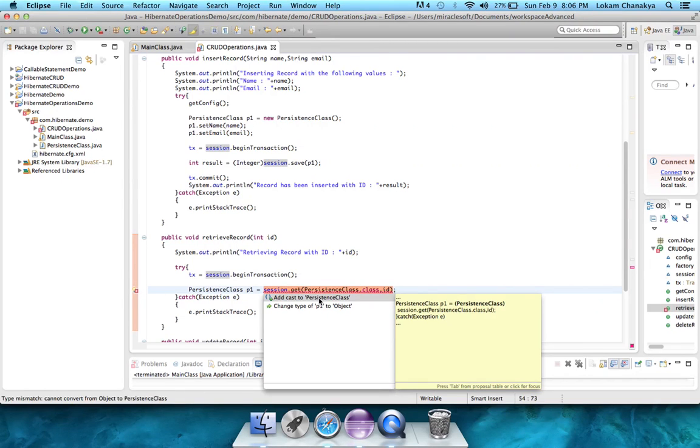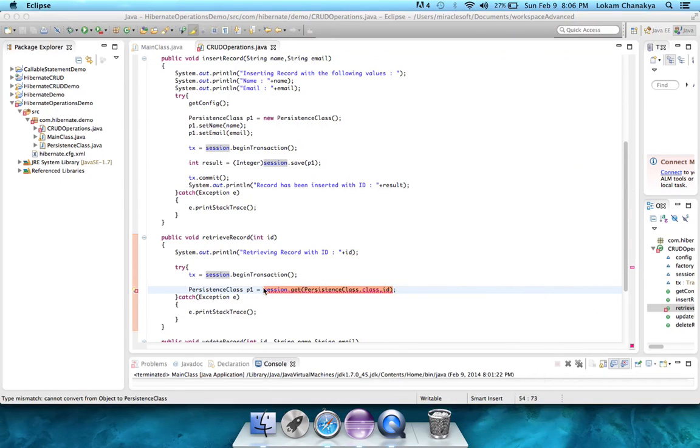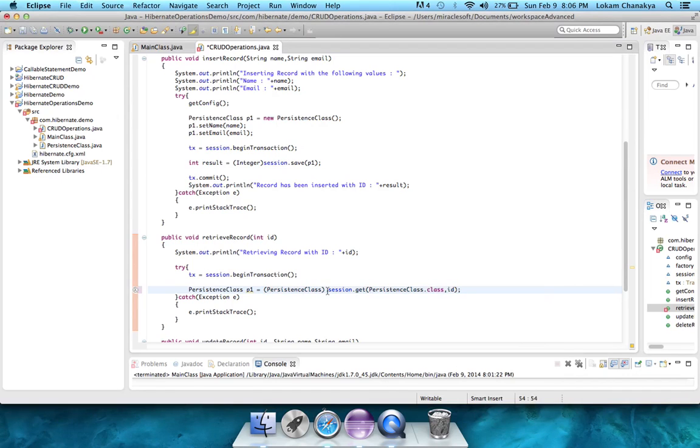so that it is a persistence class object. So just double click on this, and the cast should be added right over here, just like that. So now that we got that, we have the persistence object, and now we can use the getter methods on the persistence object to actually print whatever values we got from the database. So let's go over here and say System.out.println, and let's say "printing record",